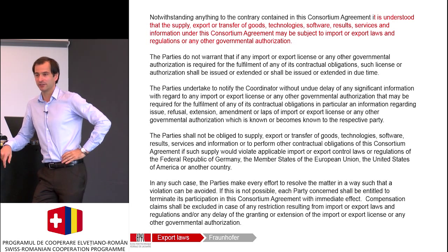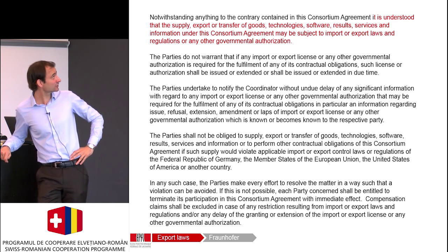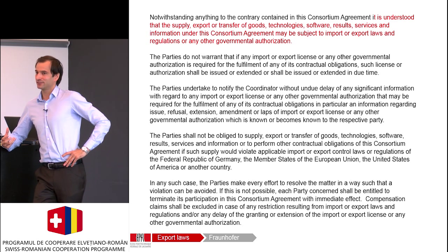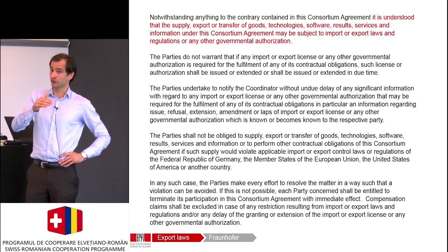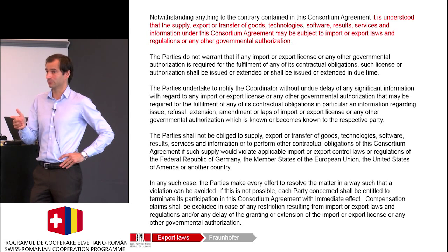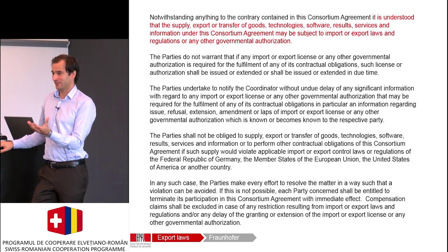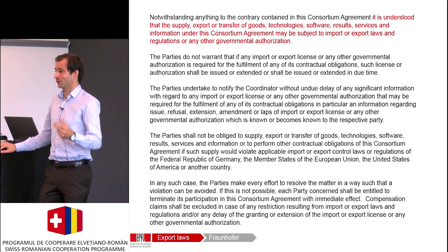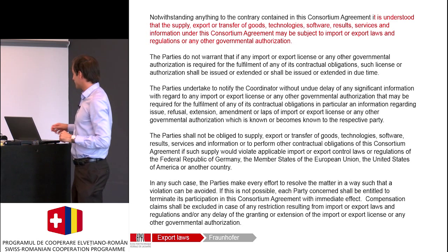And this one might be interesting for you because this is Fraunhofer, who's been pushing this clause a lot, and there's a good intention to it, but it's actually drafted very badly. Basically the intention is that if you find out that you're under export law restrictions, then you can terminate your participation in the project and not be liable. This is great. Okay, why not? But then it acknowledges there's export laws in this first paragraph. It says there are export laws. We could probably give you things under export law, but in fact, we don't even warrant that we'll give you a license. So